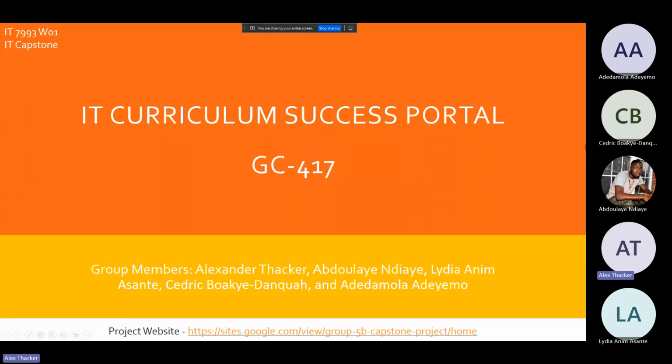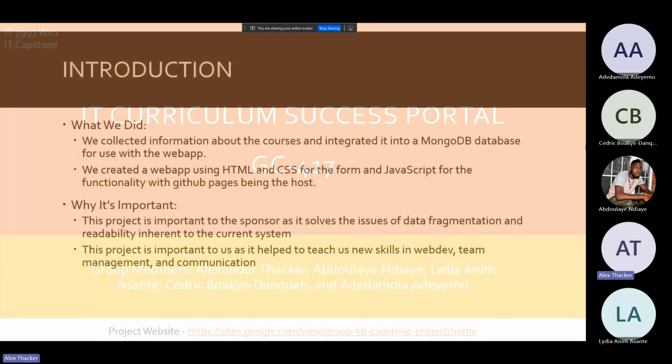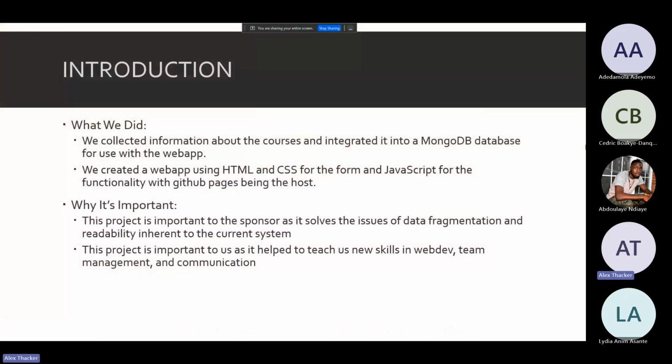Hello, this is Team GC417 with the IT Curriculum Success Portal, and our team members are Alex, Abdu, Lydia, Cedric, and Damola. So, what we did during this is we collected a lot of information for the MSIT courses at